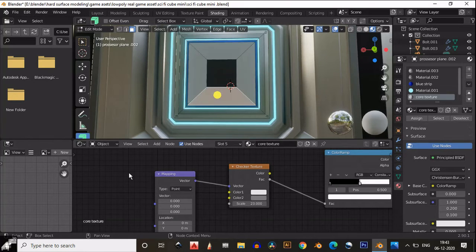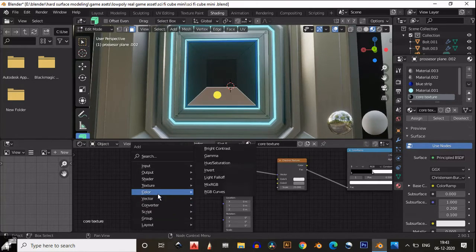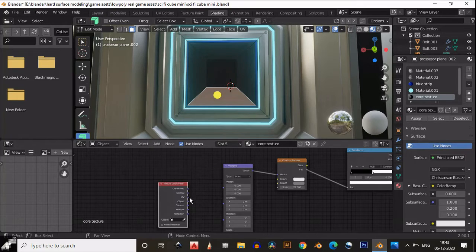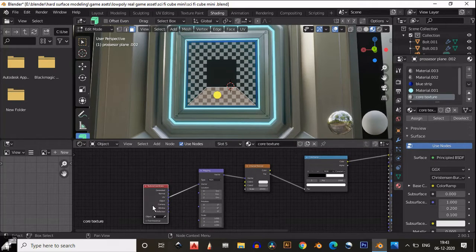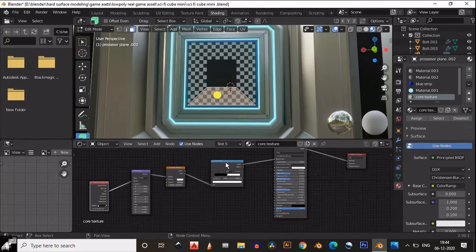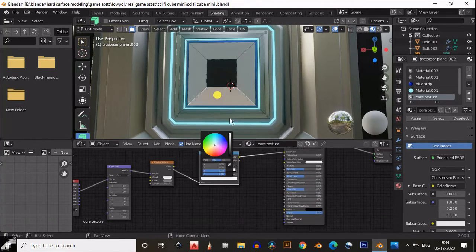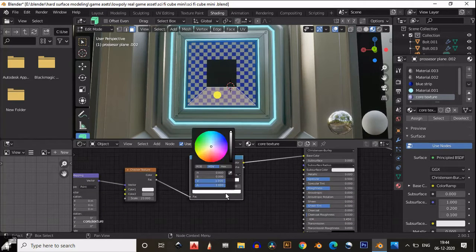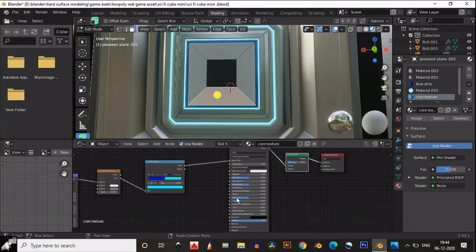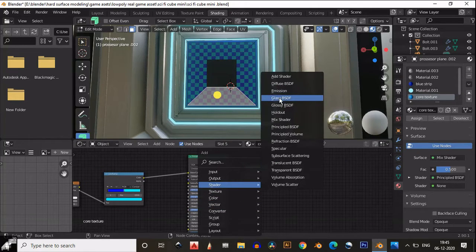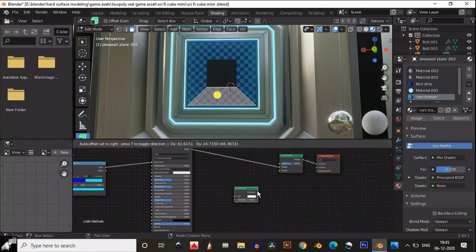Then add a mapping node and the texture coordinate node, like this, and connect the UV to the vector of the mapping and connect the vector to the checker texture vector input, like this, and then increase the scale of our checker texture and give different colors in the color ramp. I have given here the dark blue and the cyan color.